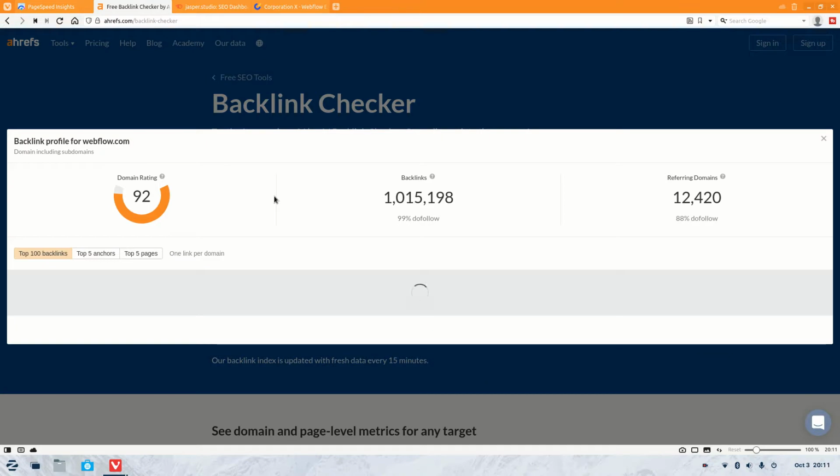But if you need to do this more on a regular basis and track your own backlinks, there is a second tool that I'll be jumping into and showing you. So let's let this load. Right off the bat, you can see they've got an extremely high domain rating of 92. Don't think that's what you need to aim for, because a lot of websites don't get that high. It's just because Webflow is a massive company, with a lot of branding and a lot of links out there. You can see they've got 1 million backlinks, which would be extremely hard to achieve, and then